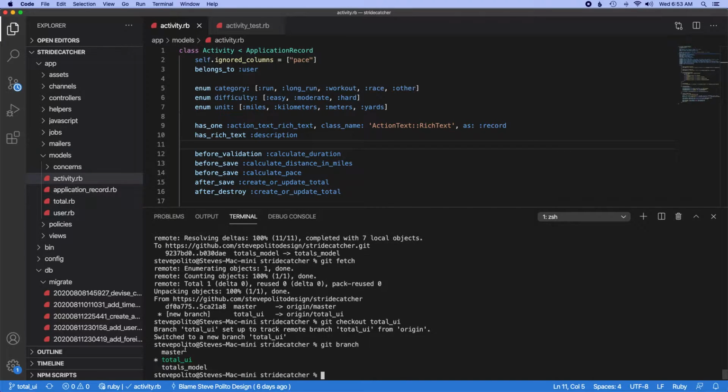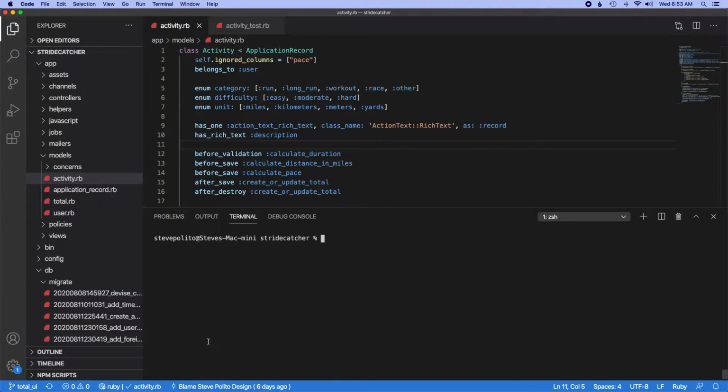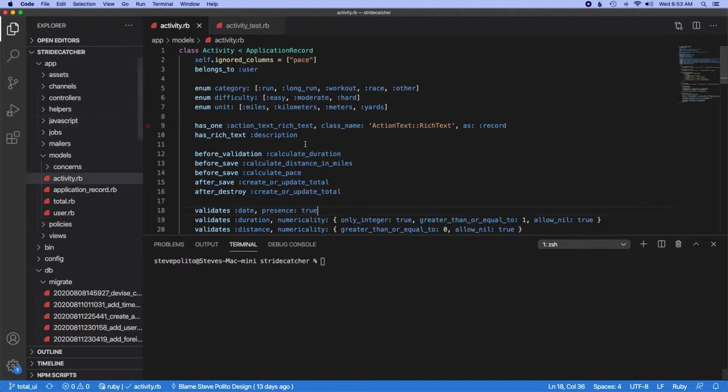And if we do git branch, we can do git branch delete, and we can do totals model. Just want to git branch again to make sure it's gone. Okay, so that's good. So what I want to do now is